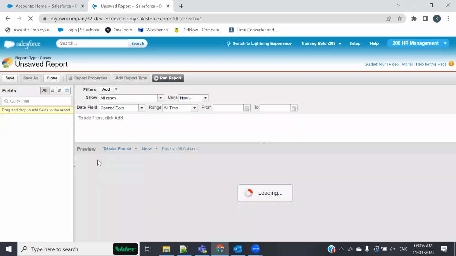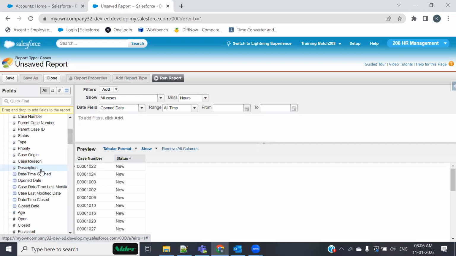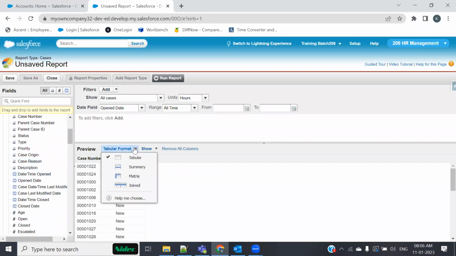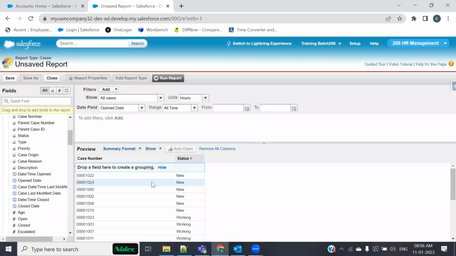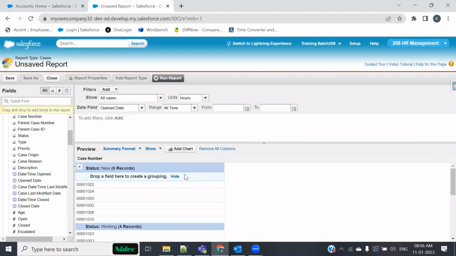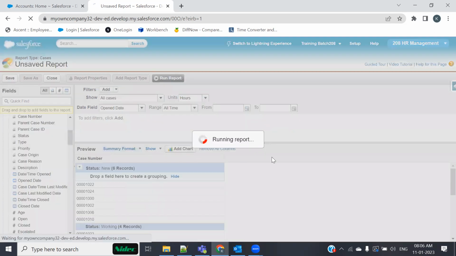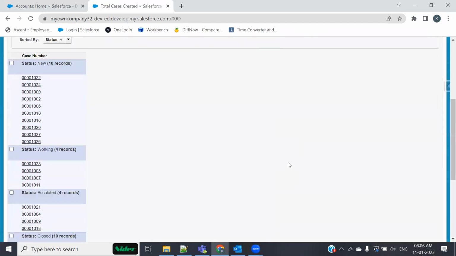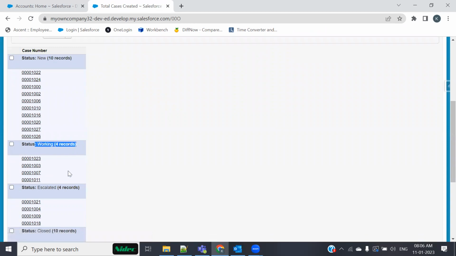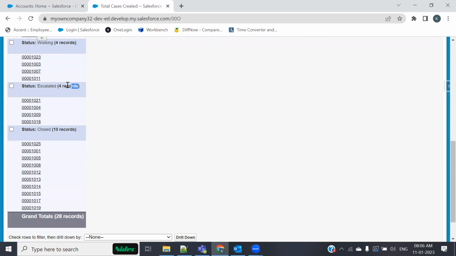You can convert this into summary, and based on the column status, you can see it like this. Those cases where the status is new, there are 10 records. There are 4 case records where the status is working. Then there are four cases where the status is escalated. And there are 10 records of the case where the status is closed.